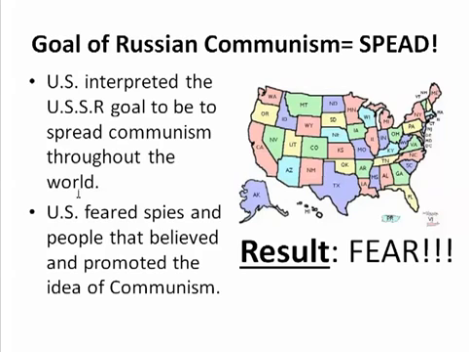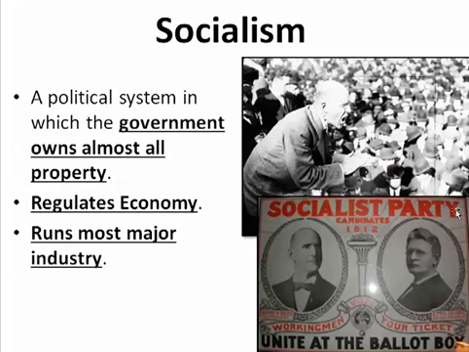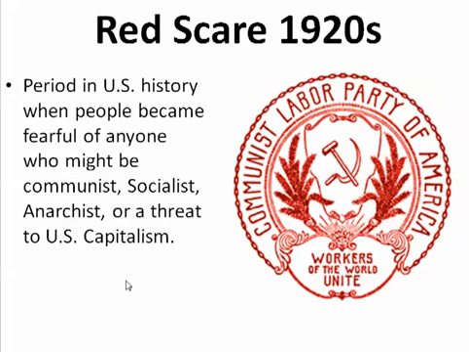It's interpreted in the United States as meaning that a bunch of spies are going to come to the United States. They're going to promote communism, ruin capitalism, and destroy the United States. That was the fear. So in this period, a labor party like Eugene Debs's socialist party is taking off in the United States and scaring a lot of people. All these unions, strikes, and riots going on alarm a lot of Americans, making them fearful that our country is going to be taken over by these communists, socialists, and anarchists, who are threats to capitalism and the American way of life.